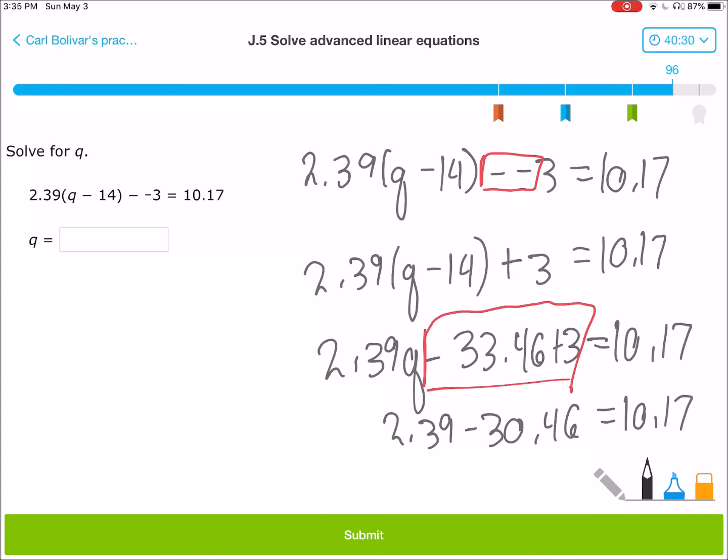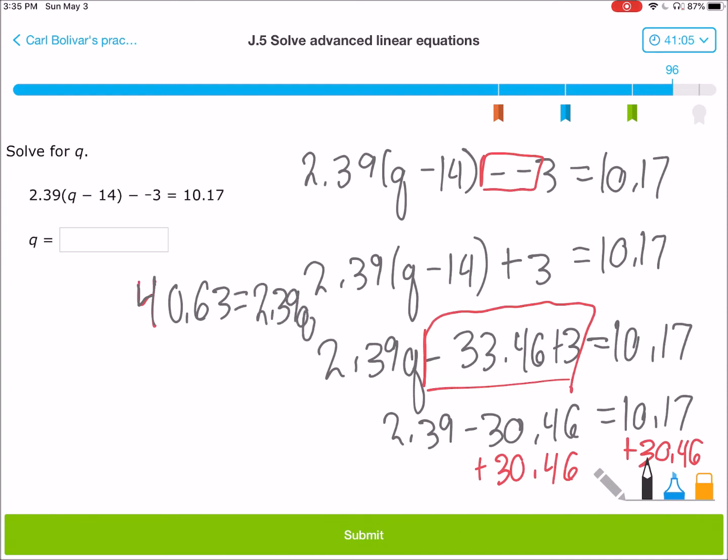Oh wow, I'm running out of room. Now I'm going to add 30.46 to each side. And what I will get is 10.17 plus 30.46, which is 40.63, is equal to